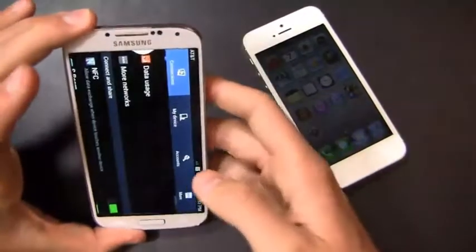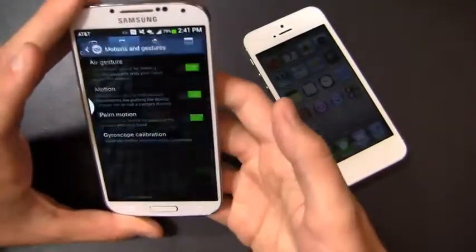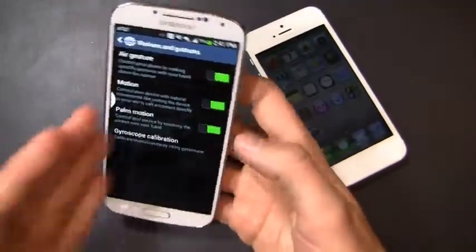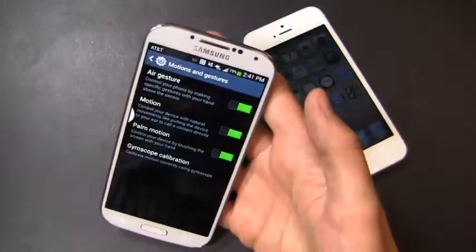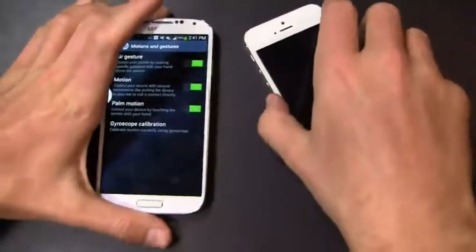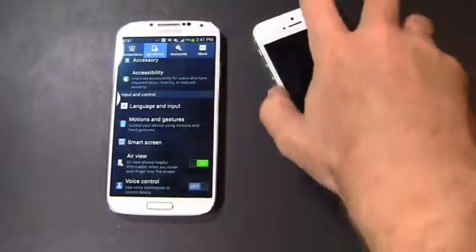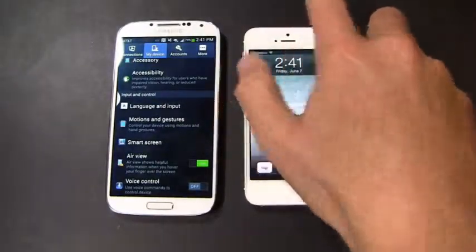Maybe that's an important feature to you. Maybe AirView is important to you. Maybe even something, as you can see right here, my device will go down to motions and gestures. Maybe air gesture or palm motion, you like to take screenshots, and that's important to you. So you can take a screenshot quickly and easily, not to say you can't do that on the iPhone 5, but easier to manage over on this device. The winner of the dogfight is the Galaxy S4 just because of the features and usability,